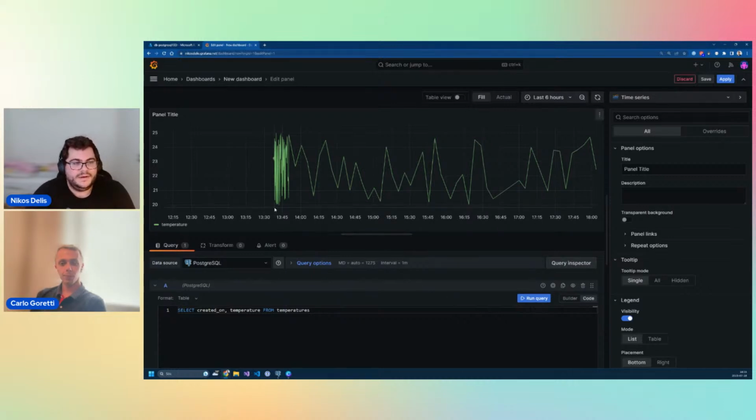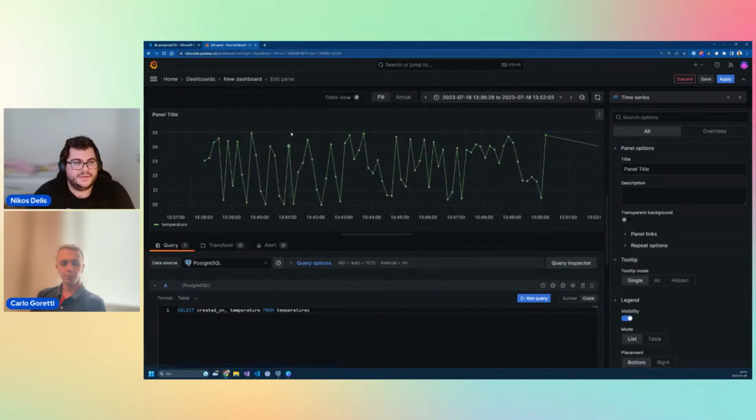Now remember when we said that it was sending dates a bit too often? This was when. So if I zoom in by clicking and dragging there, then you can see that we were taking the temperature a bit too often, maybe. And it is completely random, as you can see. So they happen when they happen. And then it was at